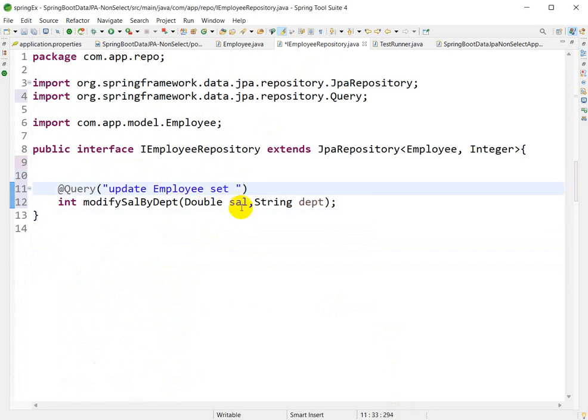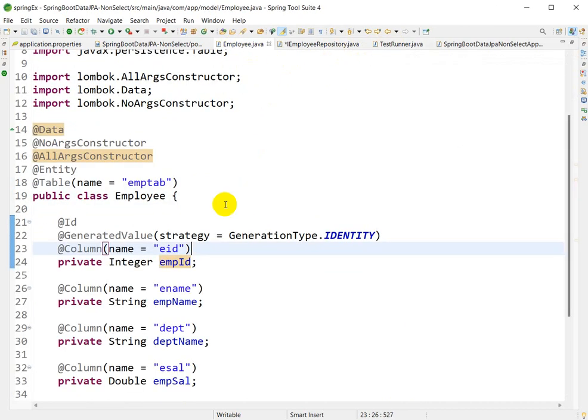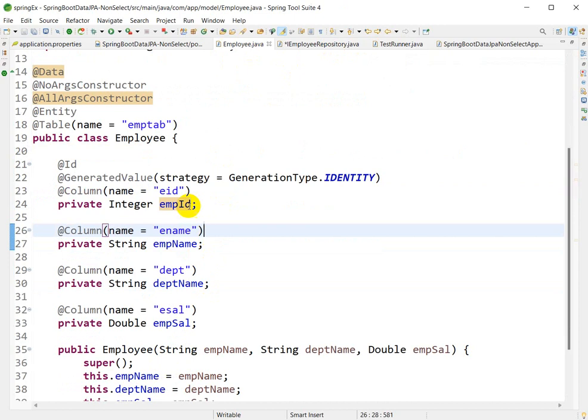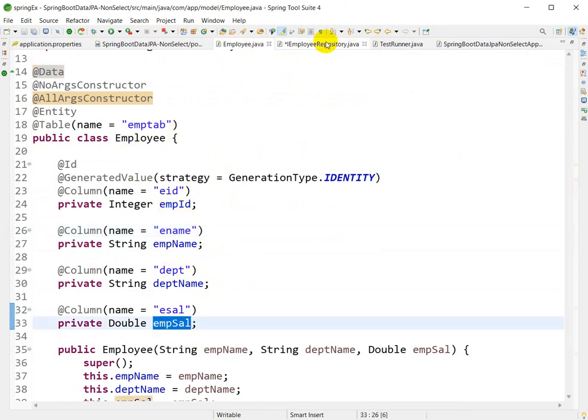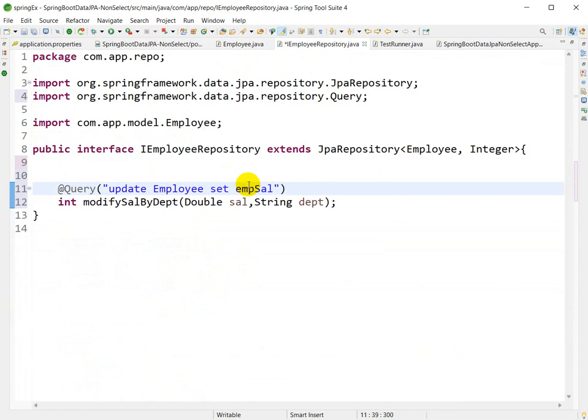Here we have to modify the salary. So in the SQL queries, at the place of column name we have to take the variable name from the class we have created. So what is the variable name? empSalary. Go to the repository, empSalary equals to colon, this variable name we have to give, salary,